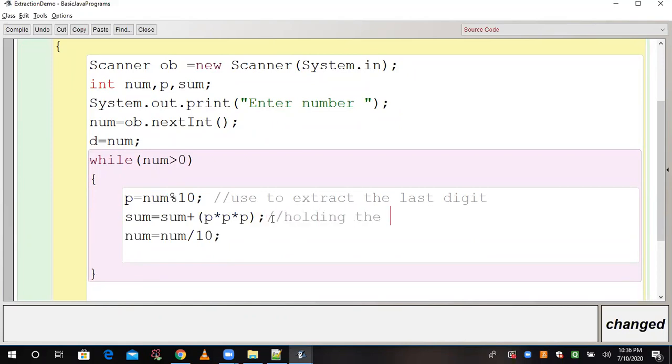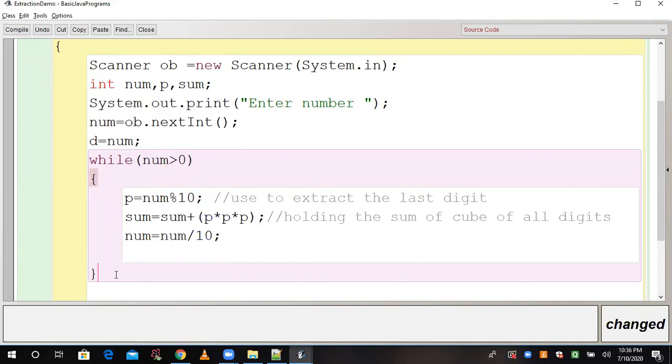Sum is holding the sum of cubes of all digits. Correct. Now this sum should be equal to the original number, but the original number has been destroyed after this loop.